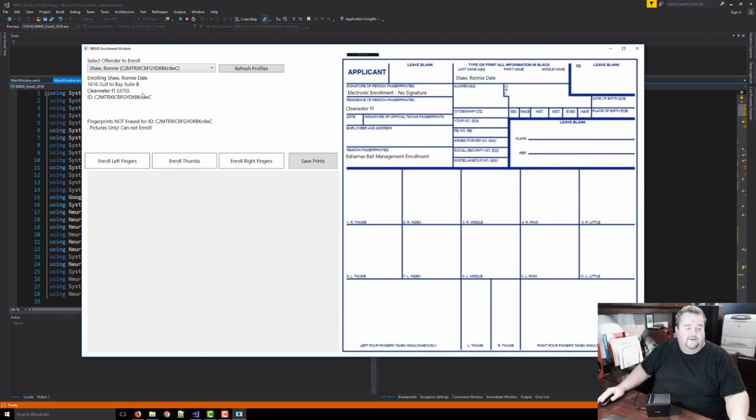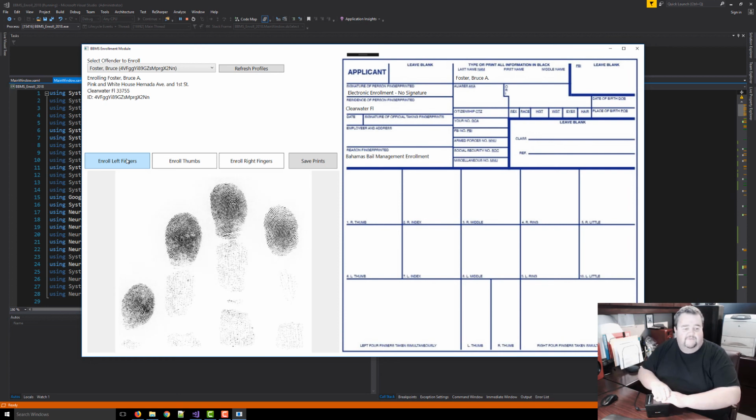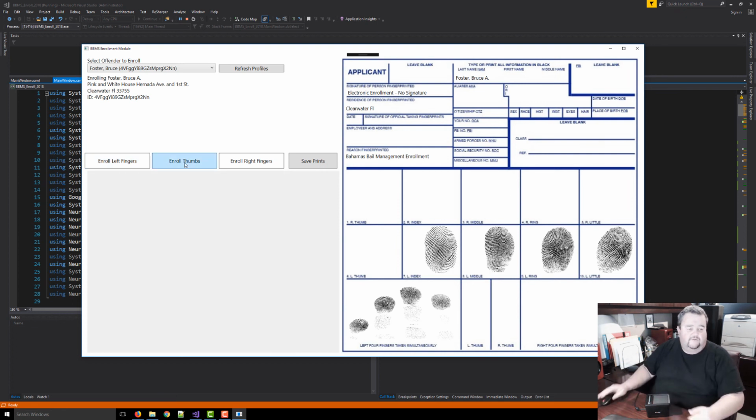So let's go ahead and come back in again here and refresh the profile. Let's come back in and say I want to redo. I'm going to do Bruce Foster. Okay, so Bruce Foster has not been in yet. Brand new enrollment. We're going to say enroll. We're going to enroll left fingers because it's me. It's going to find me as Tom Jones and Ronnie Shaw. Okay, and we're going to roll the thumbs